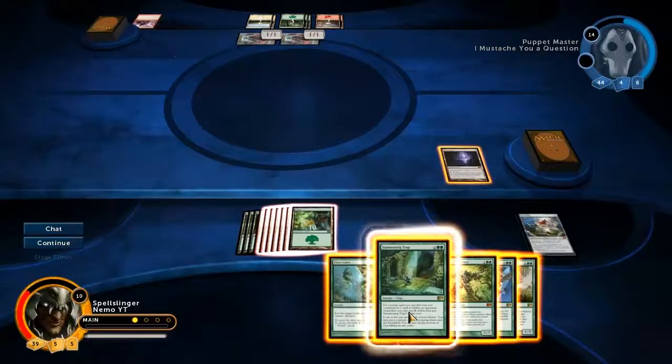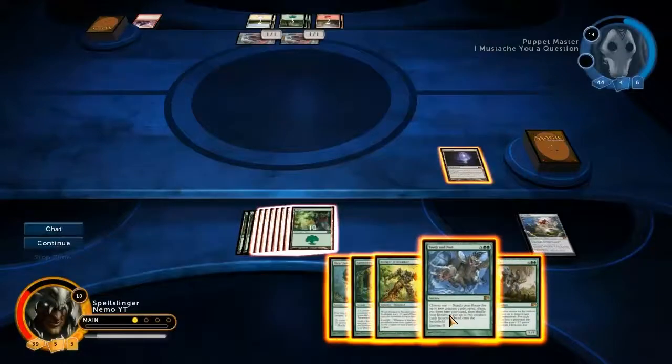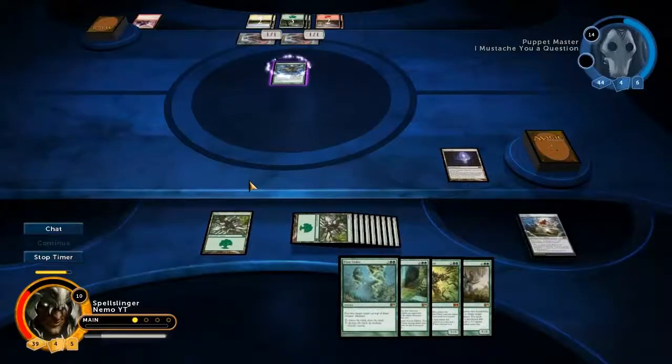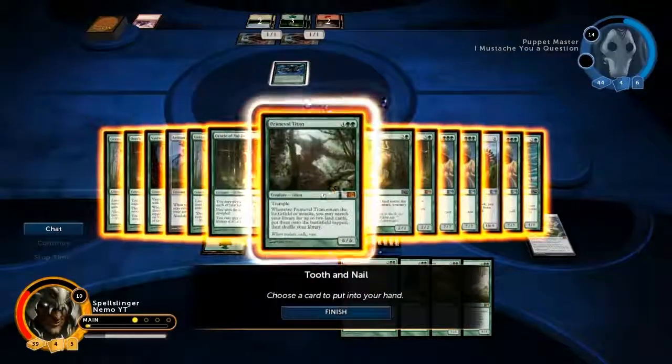Summoning Trap, that's pretty good. But what I'm actually gonna play is Tooth and Nail. I talked about this earlier. I'm gonna play it with Entwine and get 2 cards out of my deck and just immediately drop them on the board. And those cards are...